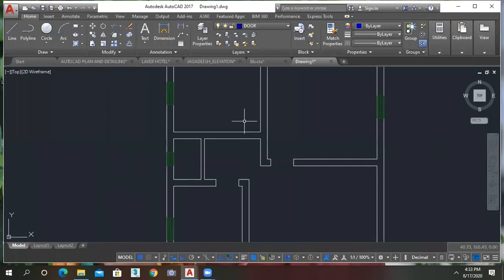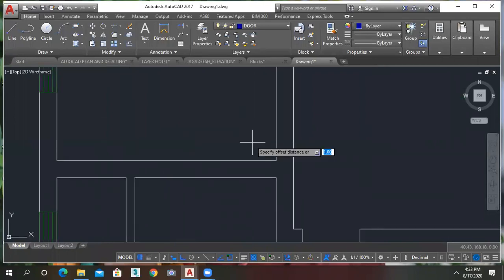Okay, same here also. Give the offset of 0.15, and then repeat the command and give 1 meter. Okay, sorry, confused. Extend this line and trim this. Okay.